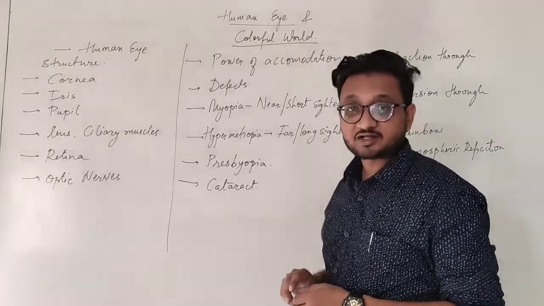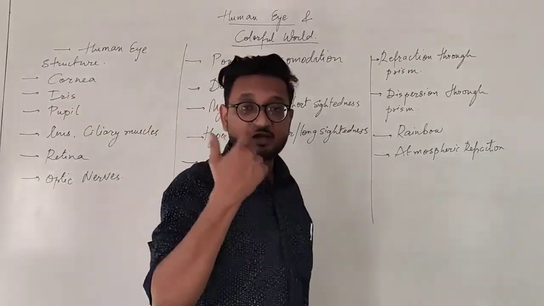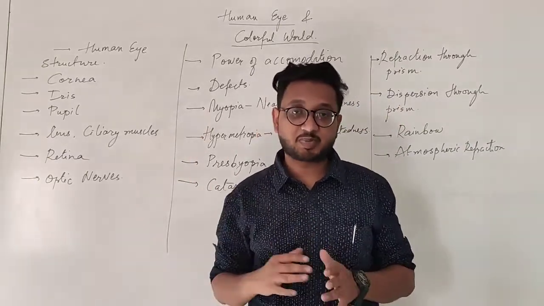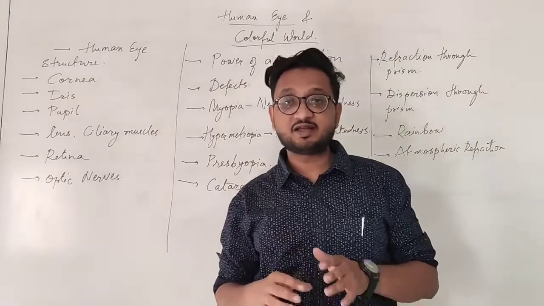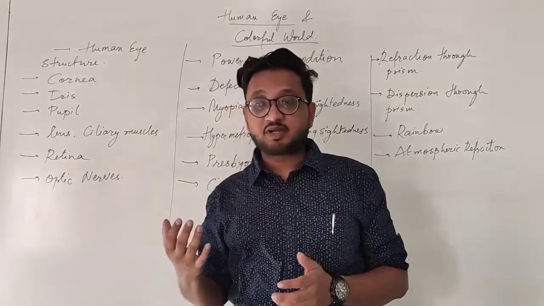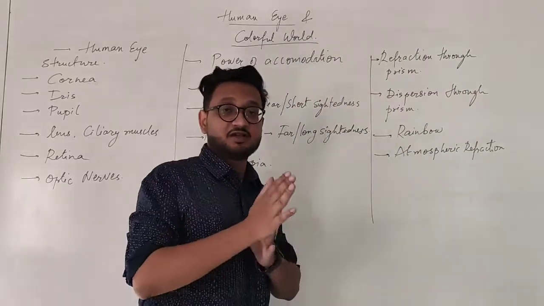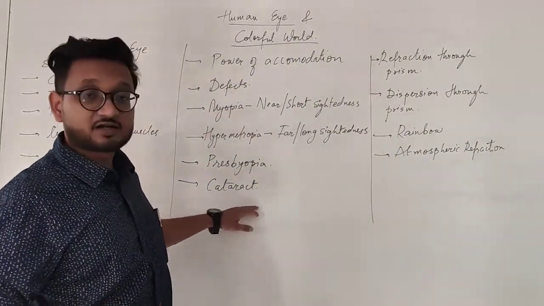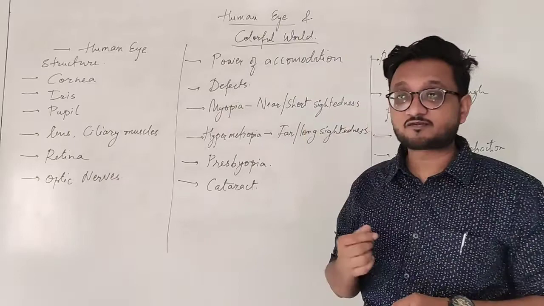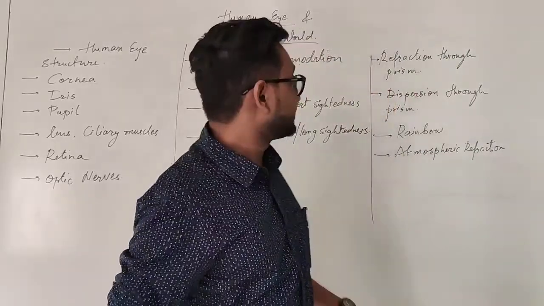And the next one is cataract. Okay, in this the natural eye lens becomes foggy and hazy, and people are not able to see objects. It is not about the power of accommodation. The light entering inside is quite less. It's like watching through a fog. You are not able to see properly. Same thing is happening over here. In cataract, the light is unable to reach the lens properly, and that is why such a defect is called cataract. And for this particular defect, the natural lens is removed, and instead, an artificial lens is inserted with the help of an operation. So that is for the defects.